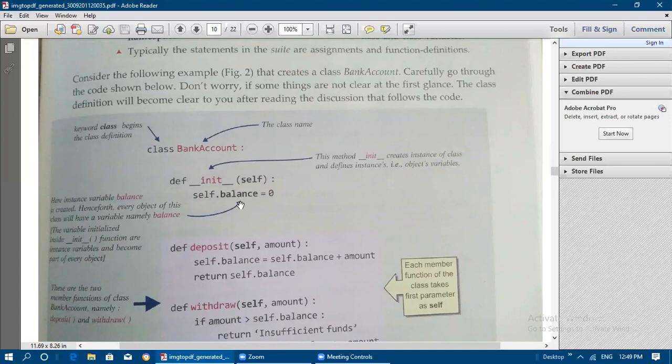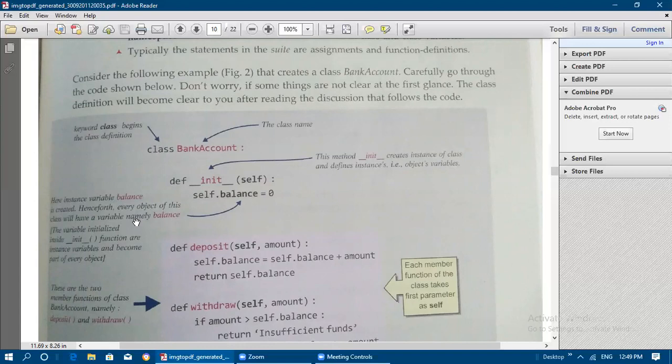One person will have one account number, and a second person will have another account number. So imagine the first person as one object, and the second person as another object. Everyone will have their individual account number. That account number is used to identify any person in a bank. They use the account number only, not the name of the person, because the account number is unique for every human being in the bank, whoever is maintaining bank accounts.